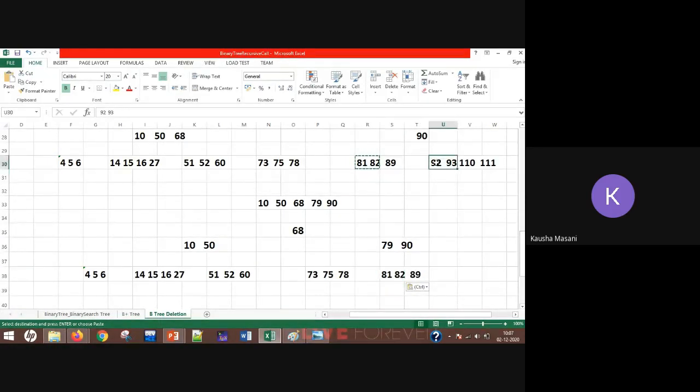And on the right of 90 you will place this subtree.